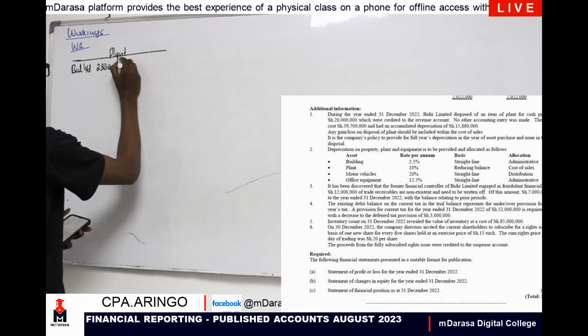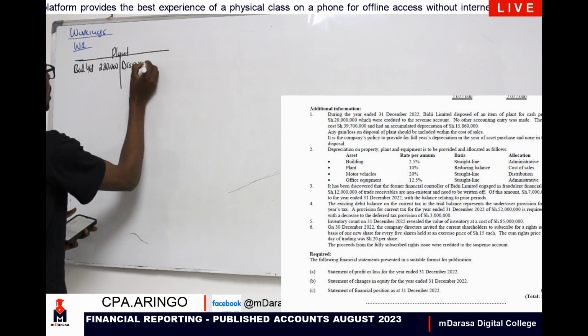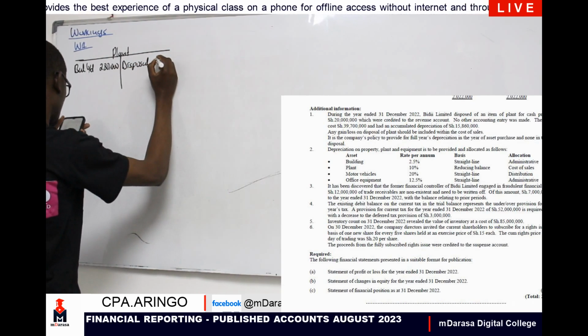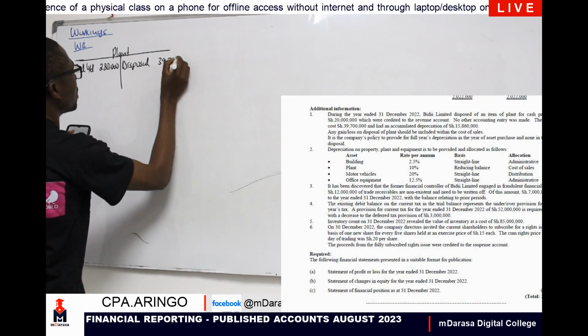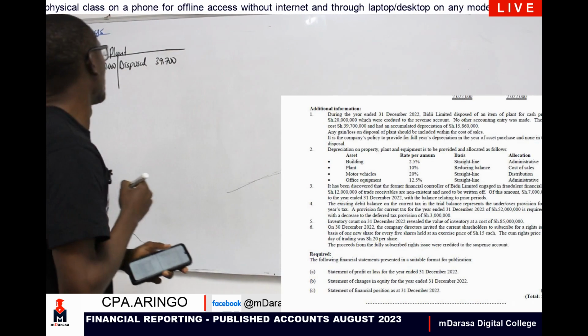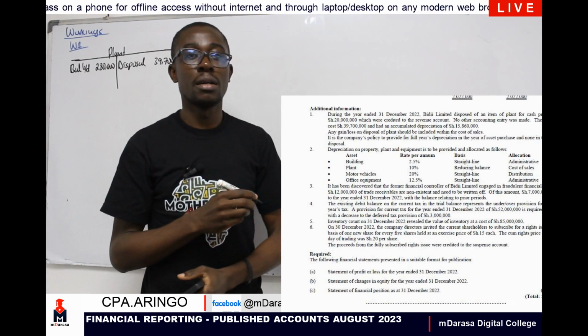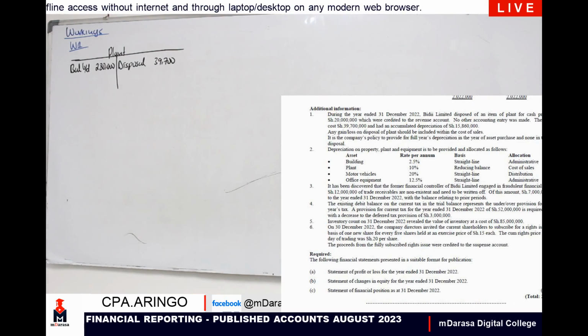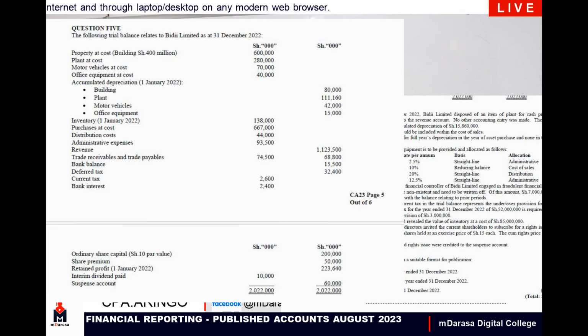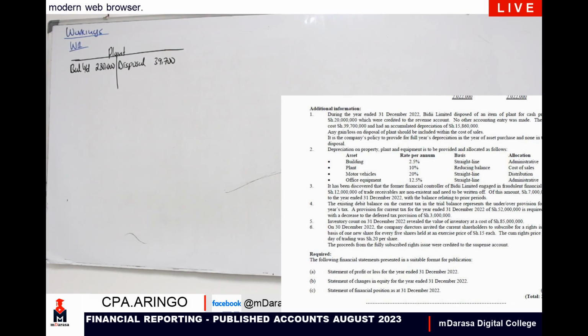So therefore, I'm going to debit our disposal account and credit our plant account, which amounted to a figure of 39,700. That was the cost as per note number 1. You can be wondering, where is 280 coming from? 280, my good students, is coming from our question, which, remember, you have it. You see this, what I was given. Check your plant at cost, just below property at cost. Plant at cost is 280. That's where we have gotten that figure, right?